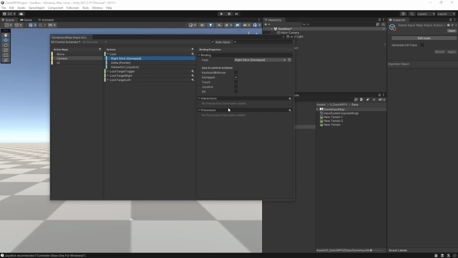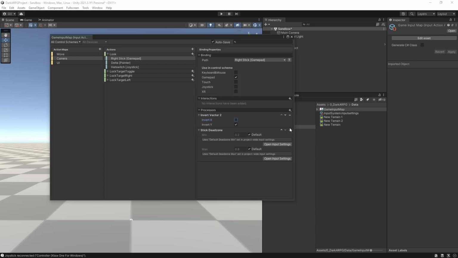Okay, so for the right stick we want to add an invert vector 2 and keep invert Y checked. We also want to add another preprocessor, which is a stick dead zone, and we want to use the default dead zone that we set up in the input settings